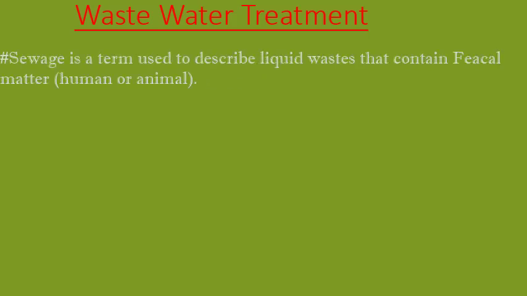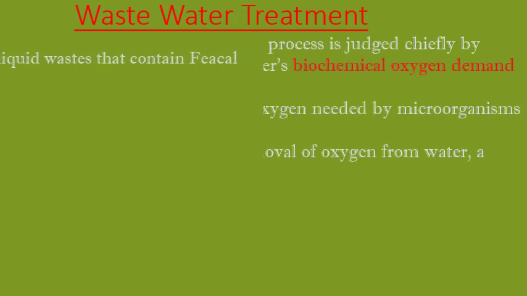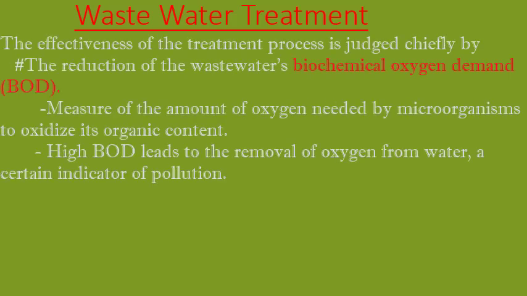There are other forms of wastewater. One of these other forms of wastewater is sewage. Sewage is a term used to describe liquid wastes that contain fecal matter, or water that gets contaminated by human and animal feces. The effectiveness of the treatment process is judged chiefly by the reduction of wastewater's biochemical oxygen